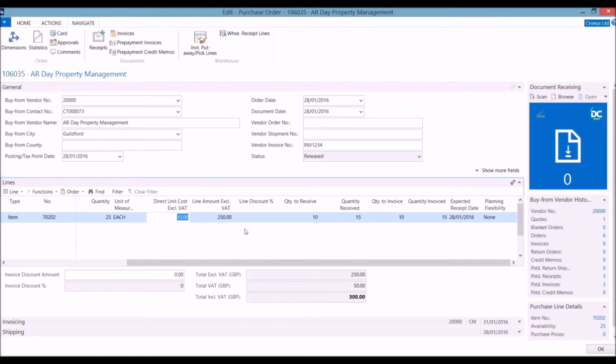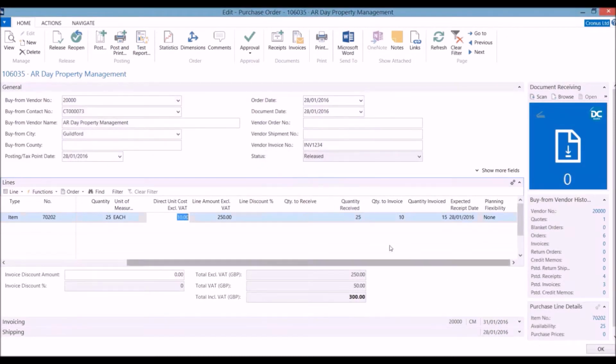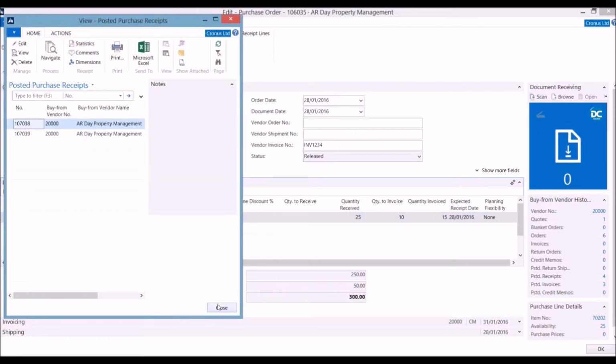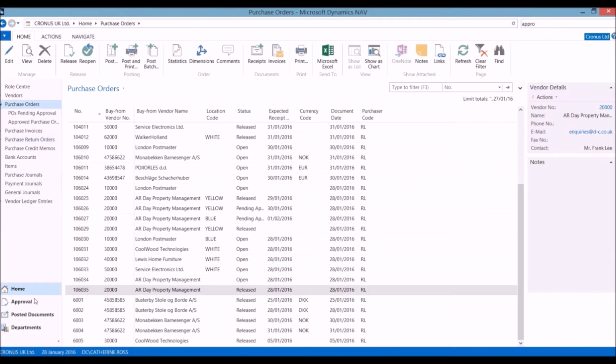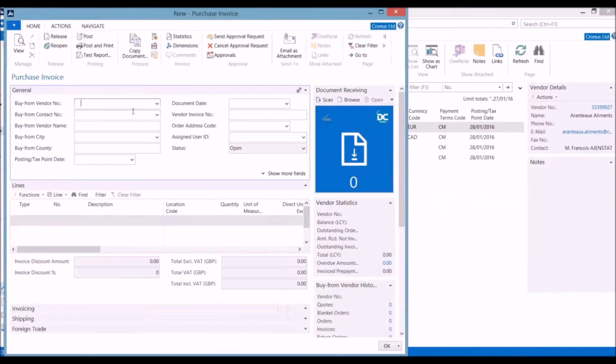For receiving the final 10 units, we will look at how to post an invoice for multiple purchase orders. First, receive the 10 units. The full value is received, and going into Receipts, we can see the 2 lines for the 2 receipts. Then, going to Purchase Invoices and creating a new document, we can choose the supplier,